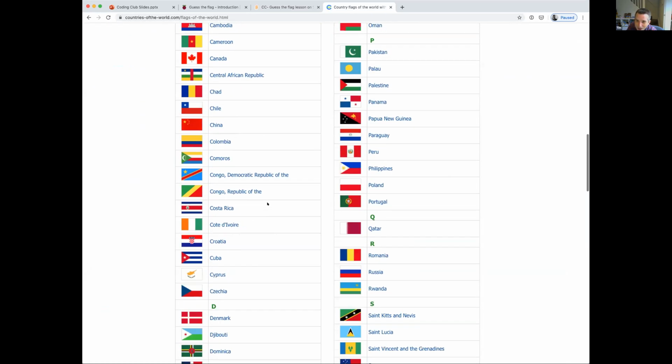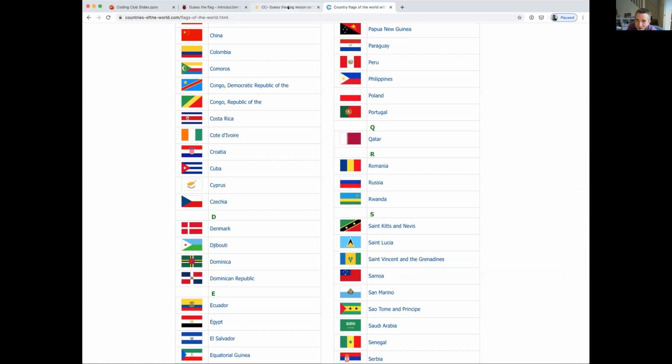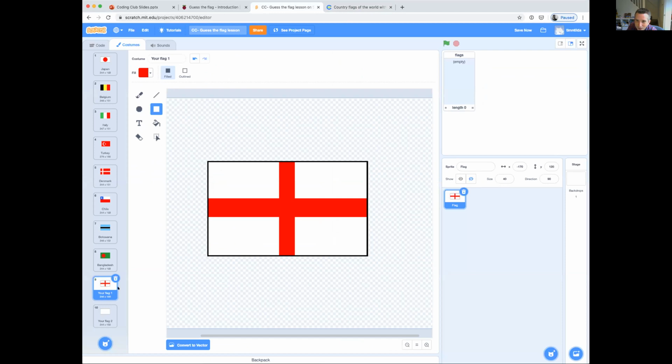So there are many, many flags you could pick from, but hopefully what you're all managing to do is, inside your flag one, create a design of your choosing. Once you've created your flag, give your costume a name that is the name of the flag. Naming this correctly is really important because we're going to be using that name later on to actually select the flag as part of our game. So make sure you get the right name, correctly spelled, all those kind of things